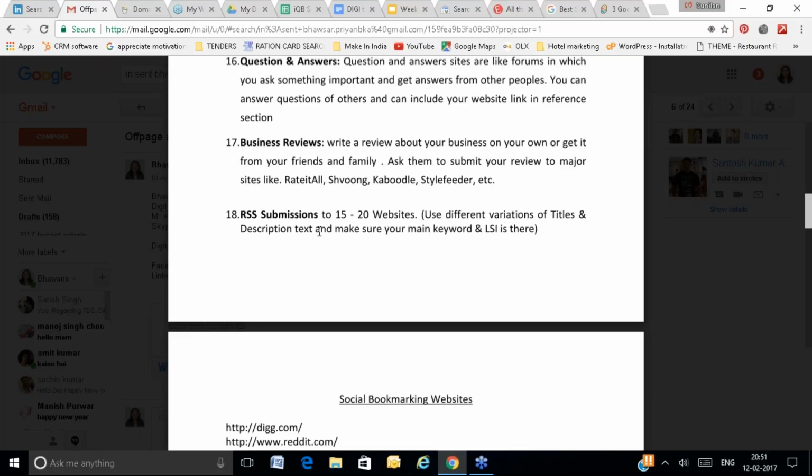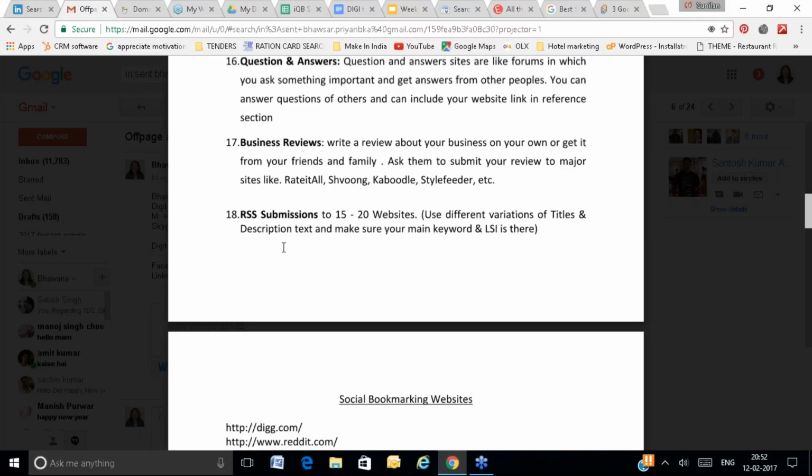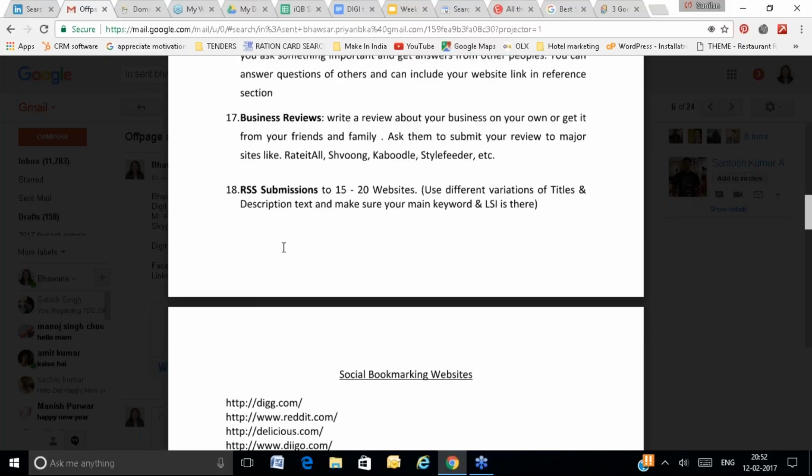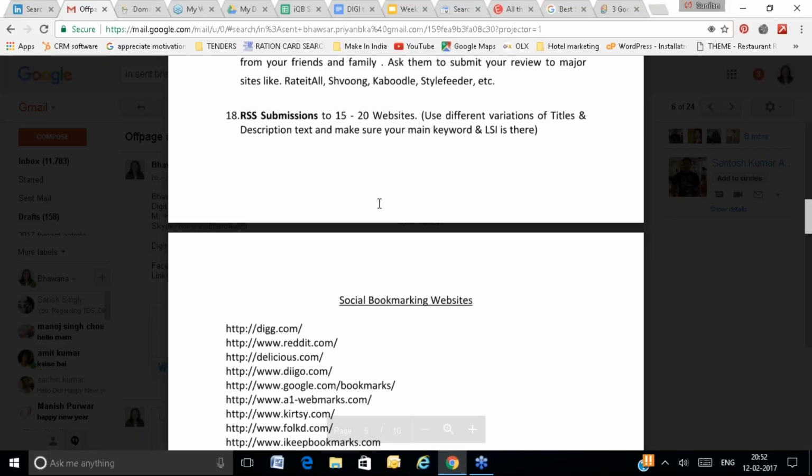They can just open the feed URL, and whatever you are uploading to your website, the same content will be available to them on the feed URL. In chronological order, meaning the latest content will be at the top and the old content at the bottom. So they can see your latest content whenever they visit the feed URL. Then you will submit that feed URL to RSS submission websites to distribute or promote that RSS. So the ultimate aim of all these activities is to get backlinks to your website.